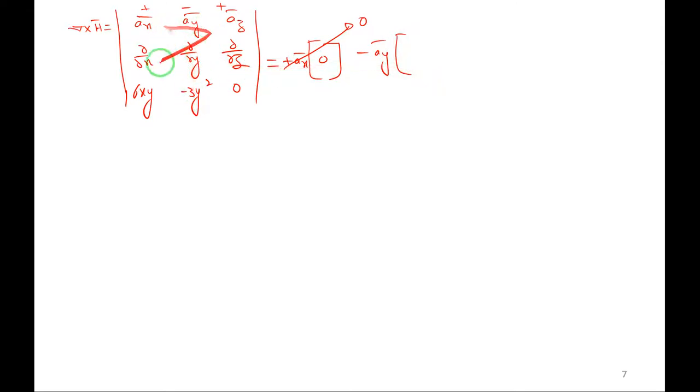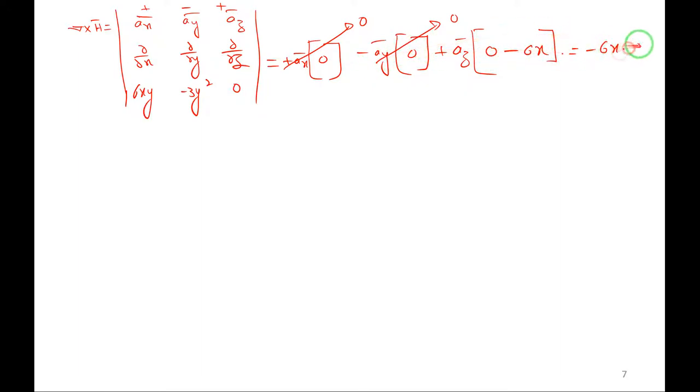so leave this column, leave this row. Dou by dou x of 0 is 0, then dou by dou z of 6y is 0. So this will also vanish. Next I am left out with plus az, last one. So leave this column, leave this row. Dou by dou x of minus 3y square is 0, minus dou by dou y of 6xy. So 6x is constant. So dou y by dou y is 1, right? So I am getting finally del cross h as, into az, right? So finally this is 0, this is 0. So finally I can write minus 6x into az, del cross h. So we will take up the RHS.